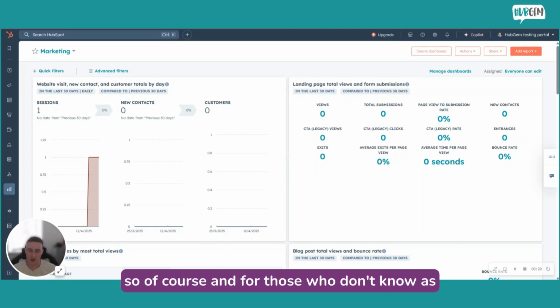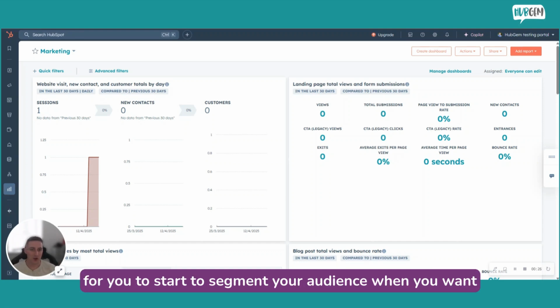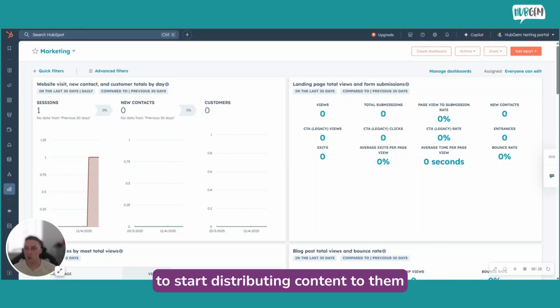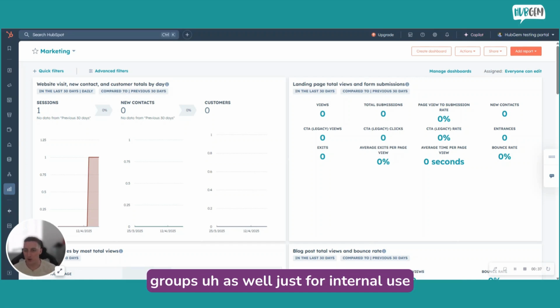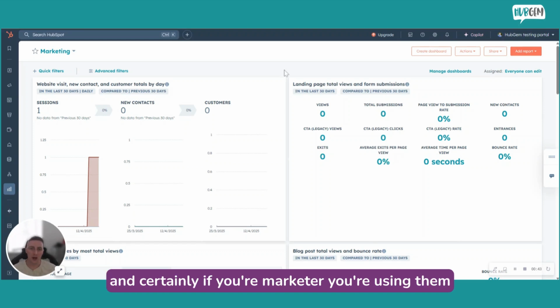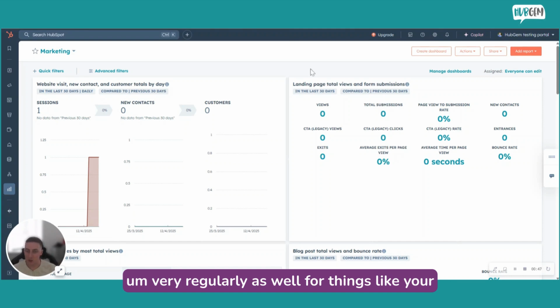some of our lists. For those who don't know, lists are the single best way for you to start to segment your audience when you want to start distributing content to them. But lists can also be used to organize your records into different groups, just for internal use perhaps. So they're a very, very useful tool, and certainly if you're a marketer, you're going to be using them very regularly for things like your